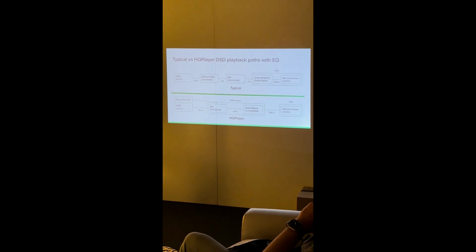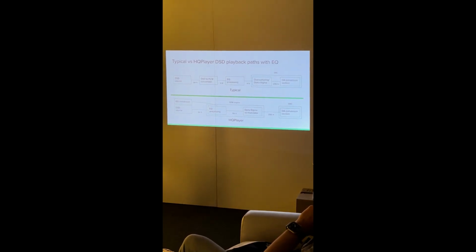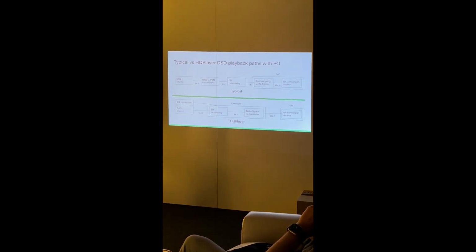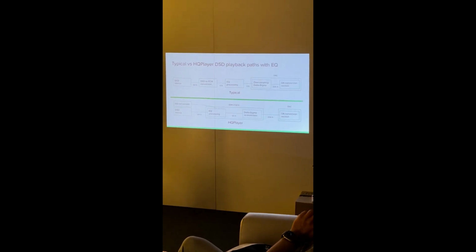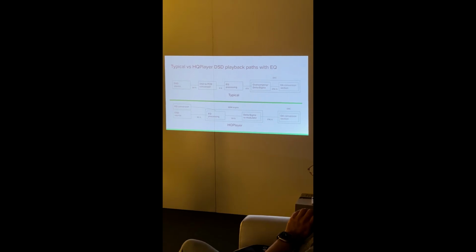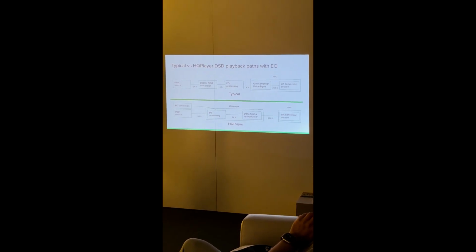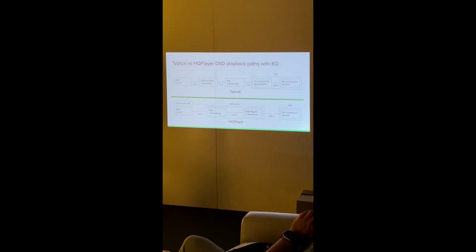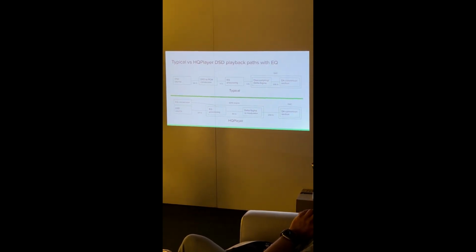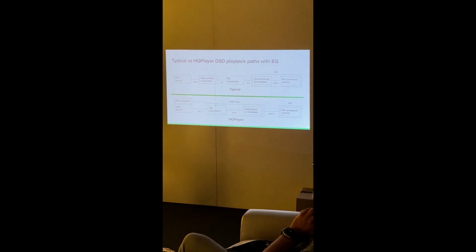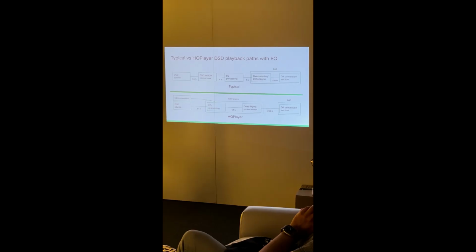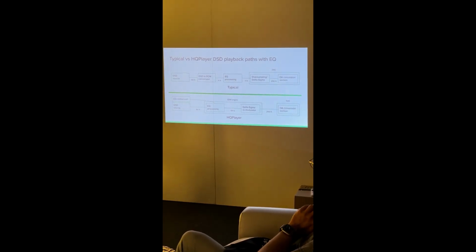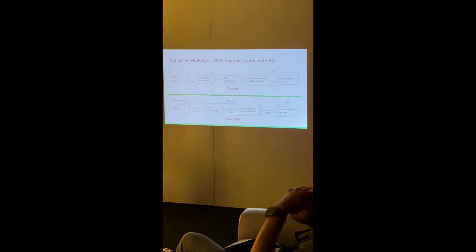In this case, the source will be DSD64. You do the EQ processing, and you do the upsampling and the Delta Sigma remodulator, and the output is DSD256. There's no down conversion at all involved, only up conversion. And since we increase the sampling rate in this case, the noise floor also in the audio band drops down. So we have a lot of extra headroom for the DSP processing, because